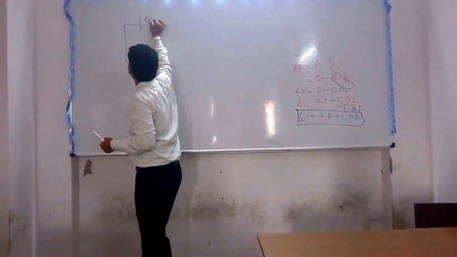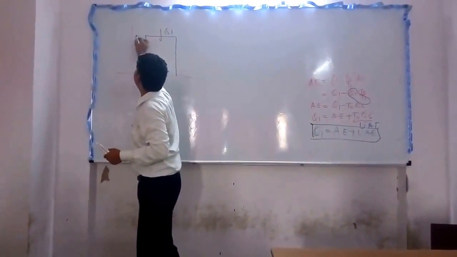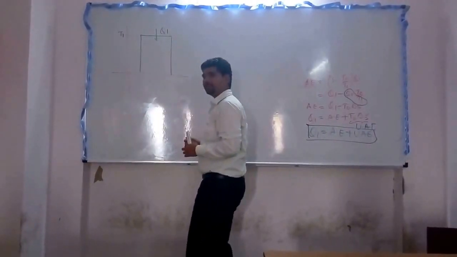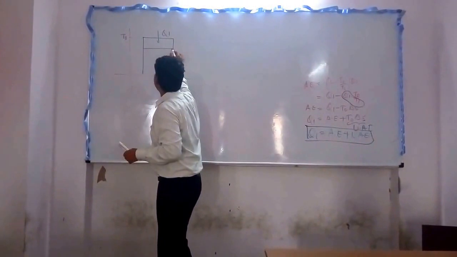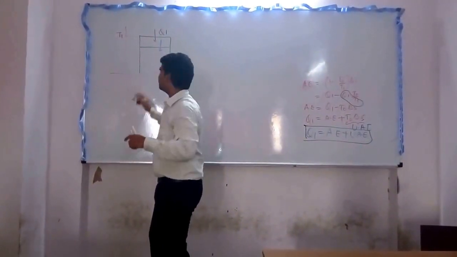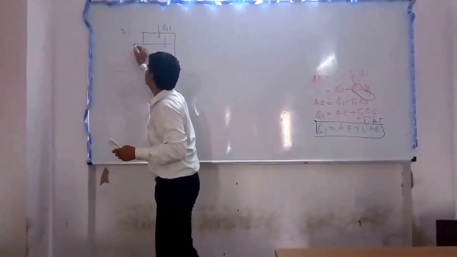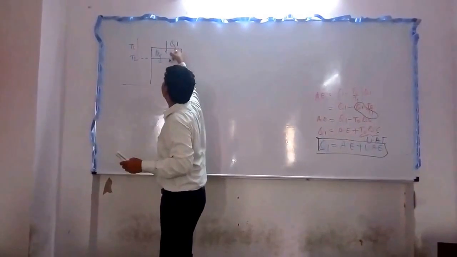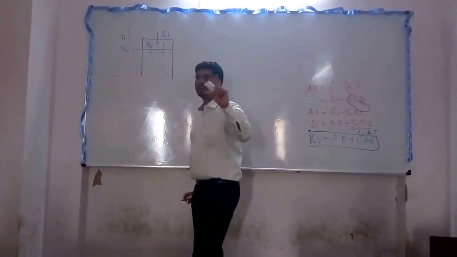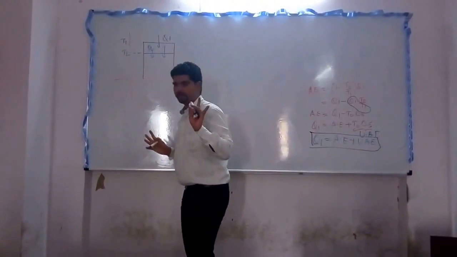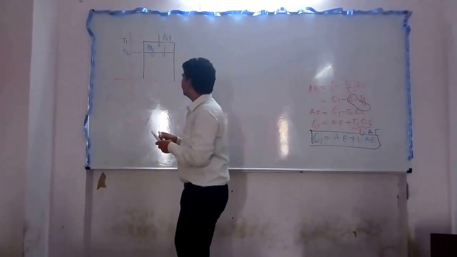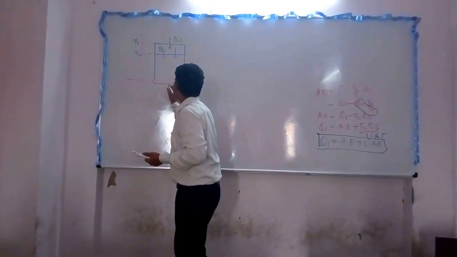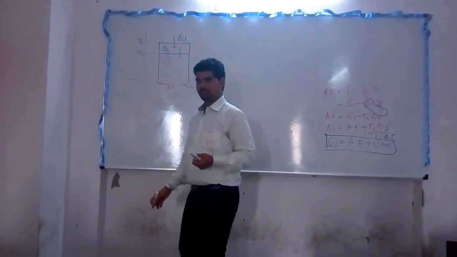Let's suppose this is Q1, we are supplying this Q1 at a temperature T1. And we are also supplying the same heat Q1 at a temperature T2. We are supplying this Q1 at T1 and T2, at different temperatures, a higher temperature or a lower temperature. It is clear? Look, this will be S1, this is S1, this is S2.